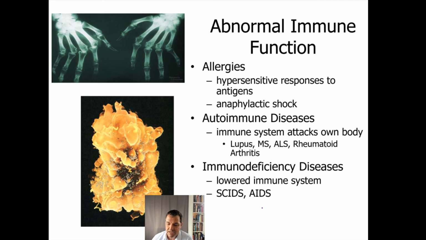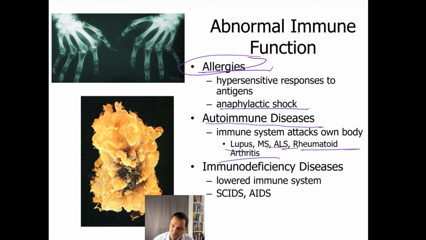Your immune system can also go kind of crazy, and it can attack itself in one way or another, or it can overreact to things. People that have seasonal allergies, for example, or who are allergic to bee stings, understand this concept. Sometimes the immune system will actually attack itself, and autoimmune diseases like lupus, MS, ALS, Lou Gehrig's disease, rheumatoid arthritis